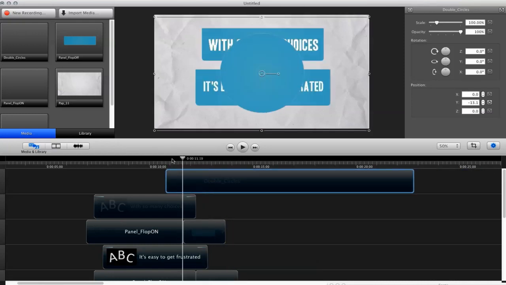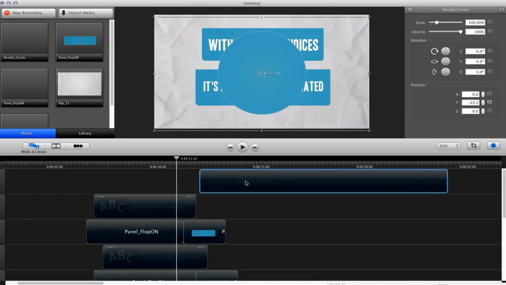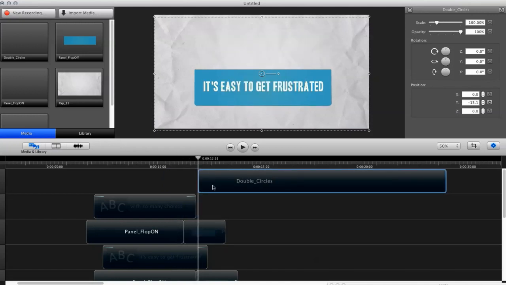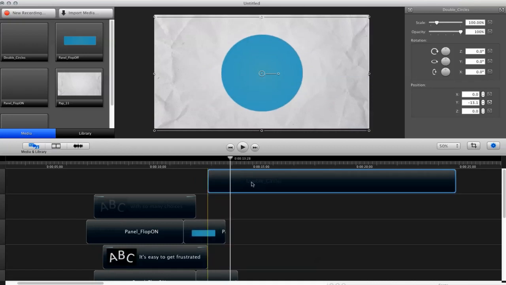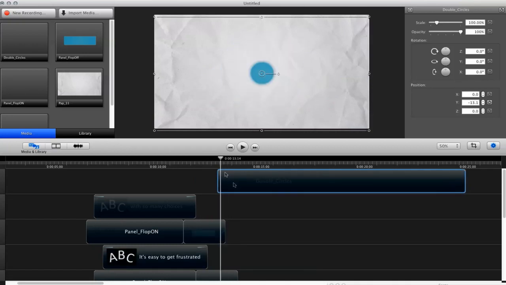Again, it's all pre-keyed, so you can bring this over anything you want. You can combine them so it looks like they kind of animate in with each other, which looks cool. Anyway,